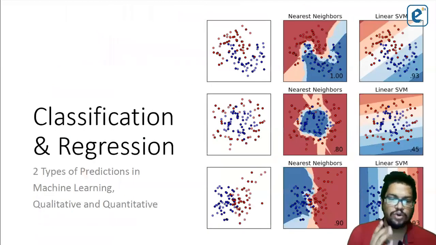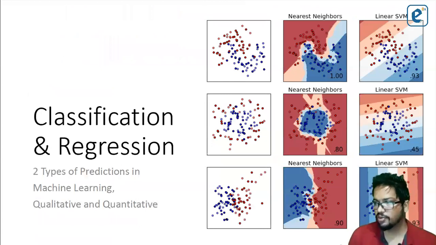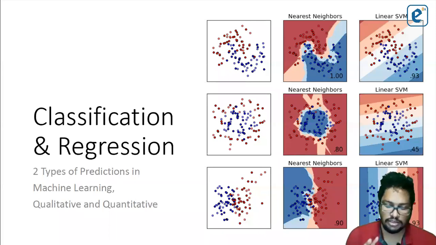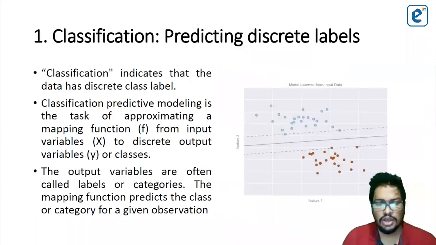We have mainly two types of problems when we apply a machine learning or deep learning algorithm. We have to identify the problem type. We have two main problem types in machine learning and deep learning: classification problems and regression problems. Mainly, classification is when the label